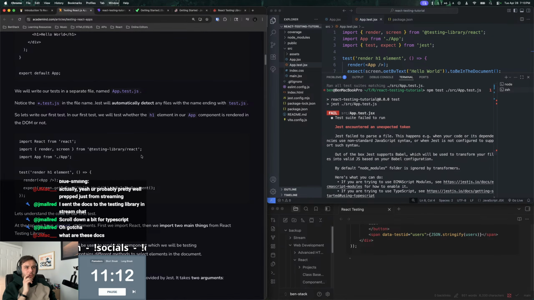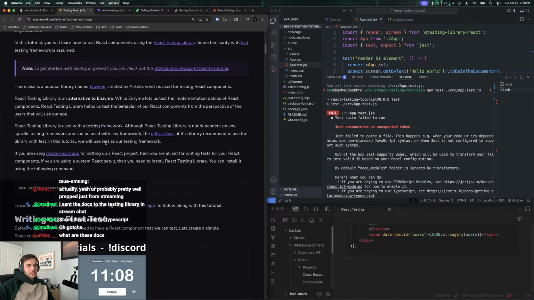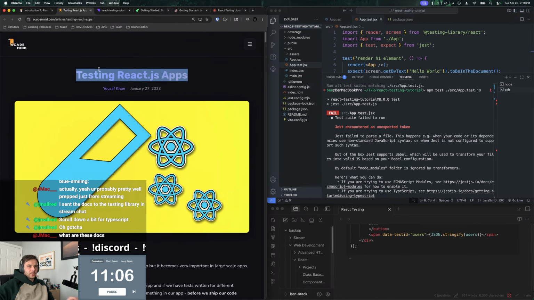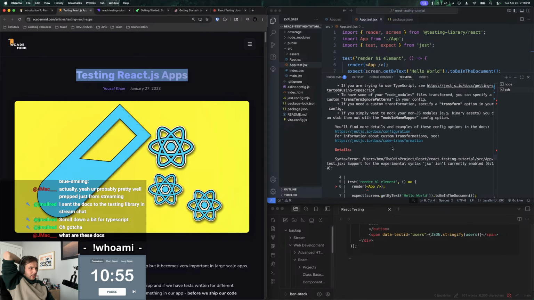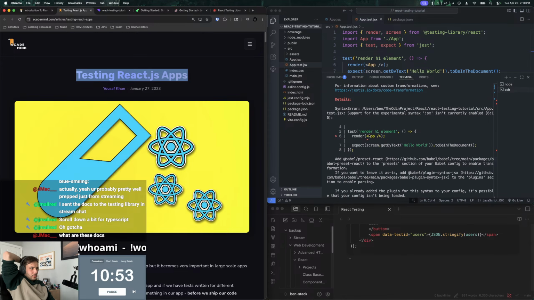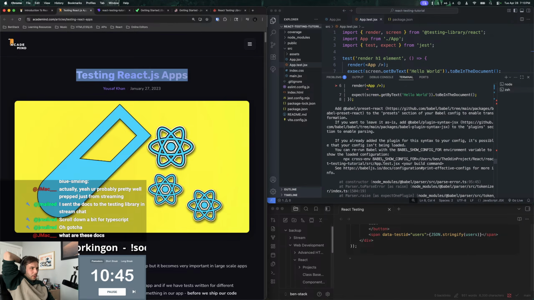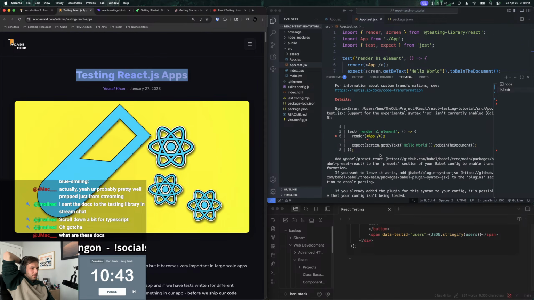Don't you just love when tutorials suck? This is a tutorial for using testing in React.js, but it's just straight up not working. It was like, okay, make app.test.js, and then, oh, that didn't work. I don't know. Add preset section to your Babel config. It's probably issues on my end here. I probably didn't set up the